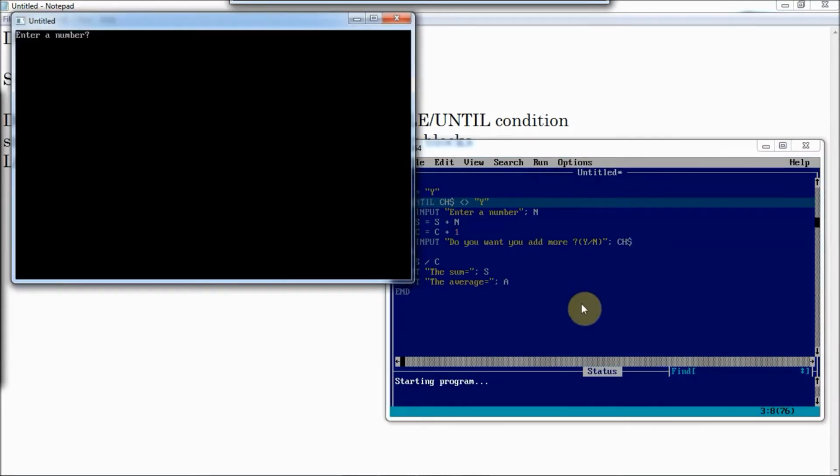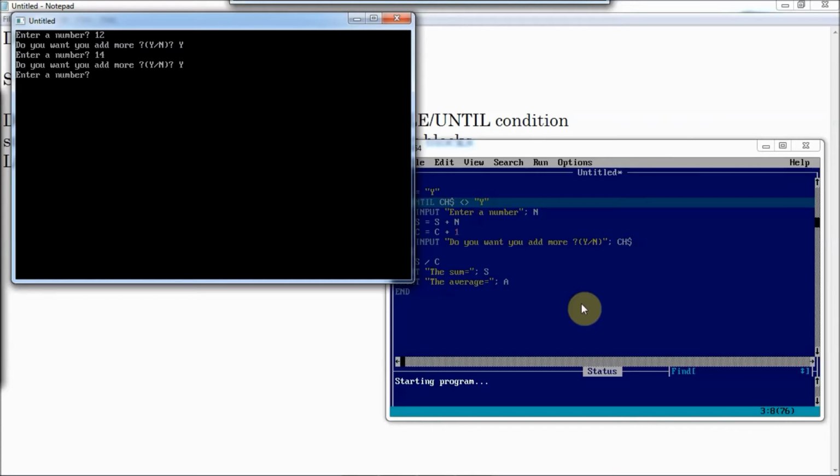See, enter the number, it's asking for a number, suppose 12. Now here it has to run while it is not equals to y. So here also it's the same case, it implies the same thing. It's not mandatory you have to give n. When it is apart from y, any other character, it will stop. Let's give yes, I need a few numbers, suppose 14.